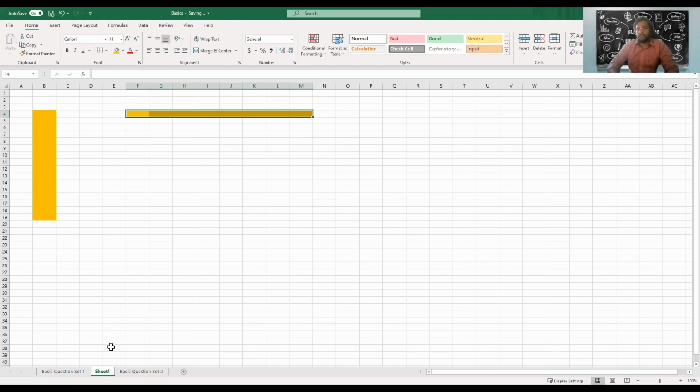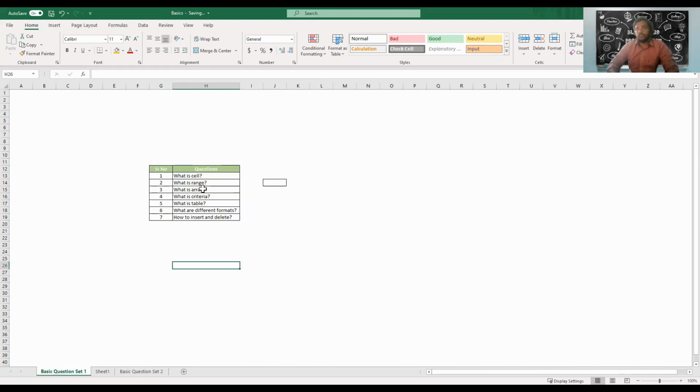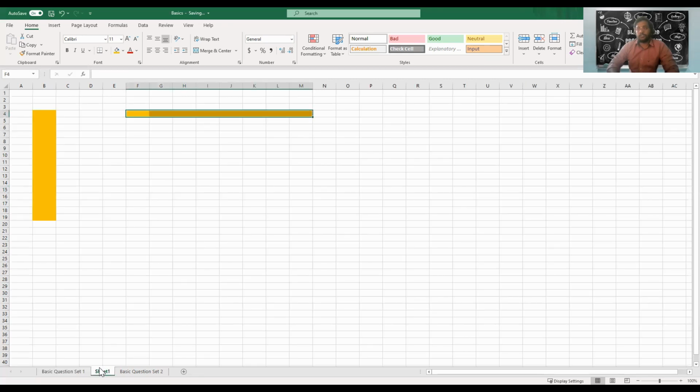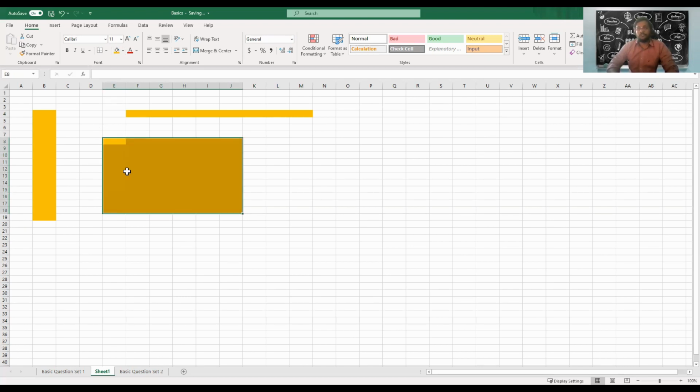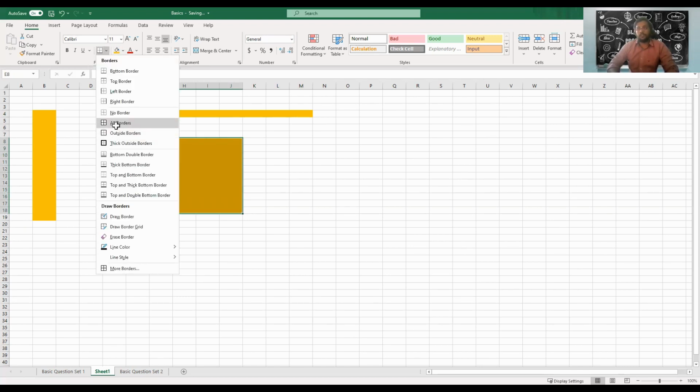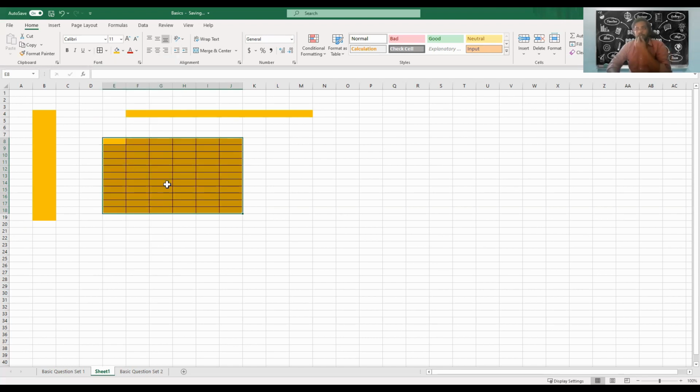So now let's go to the next question. What is an array? An array is a combination of ranges. So if you remember, a range is a combination of cells, and an array is a combination of ranges. So typically that makes an array a combination of cells also. So it is like this entire region is one array. I'll just highlight this so that we know how many cells we are talking about. So these multiple ranges will form one array.